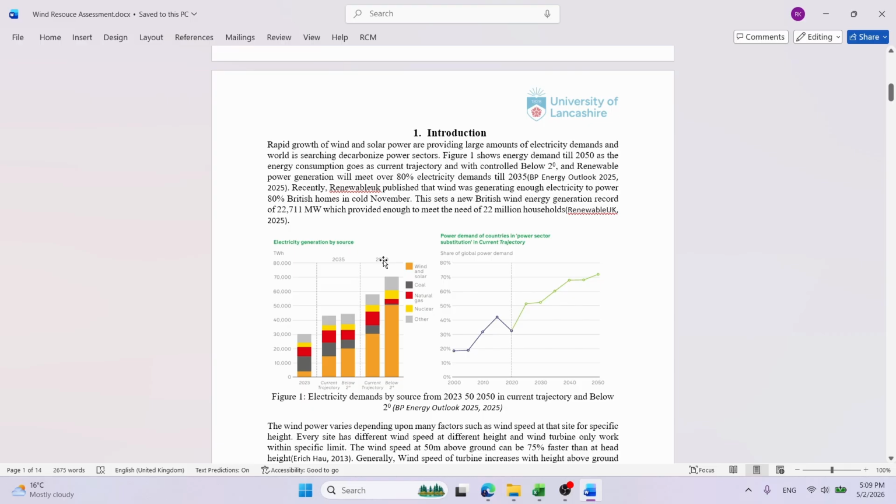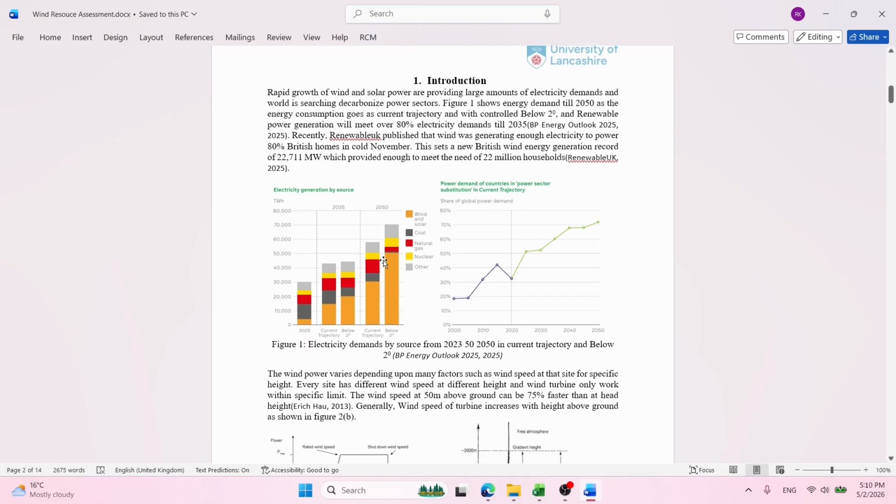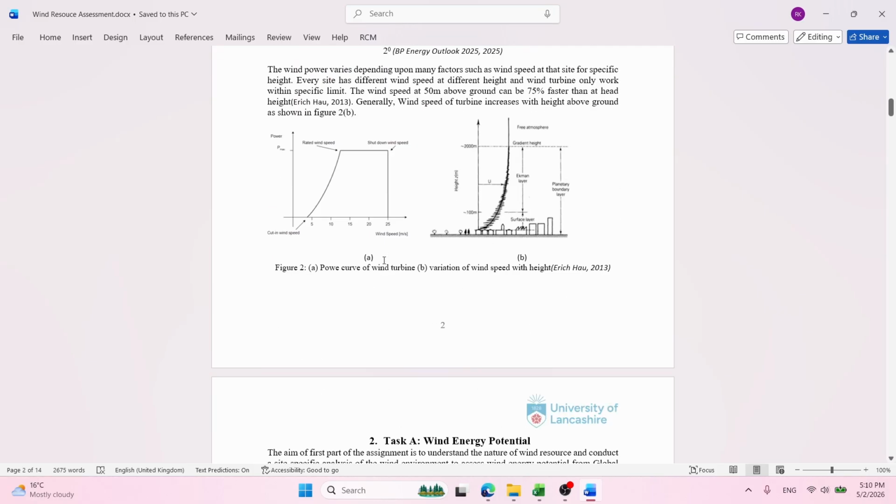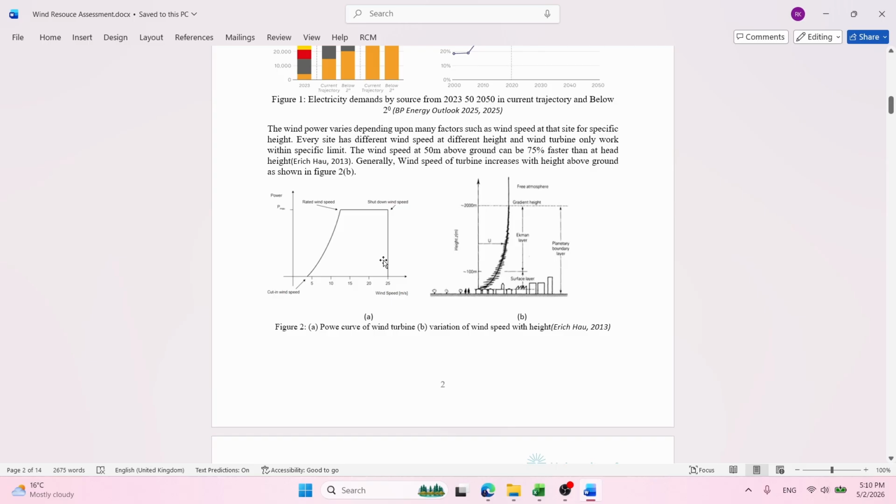To go through everything, we know that electricity isn't just generated from hydropower or wind or solar. We are also generating electricity from coal and natural gas. Okay, the maximum is from coal, which is very harmful for the environment. So we need to move forward to wind if we want to see a good environment in the future. So, to talk about the